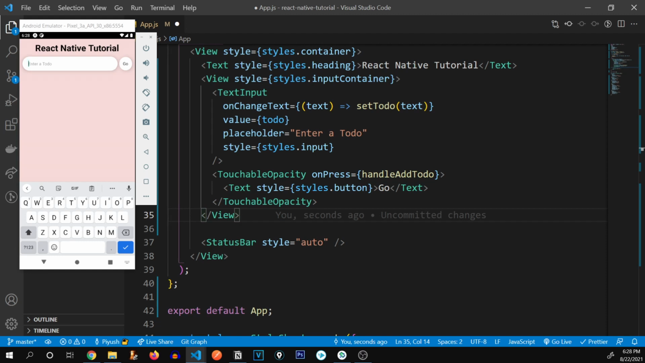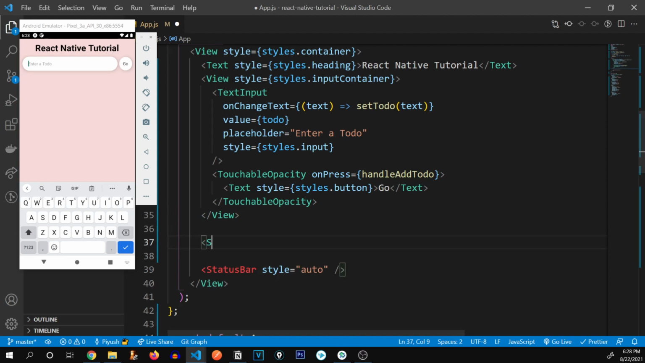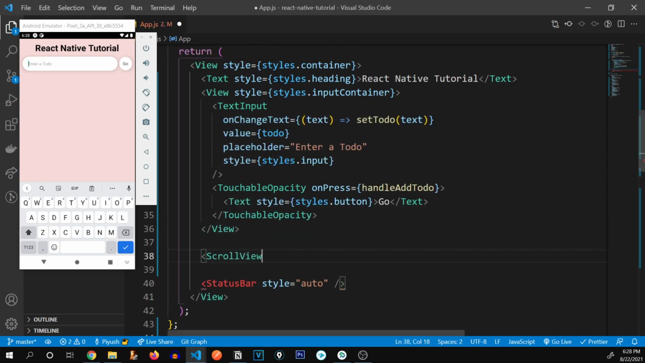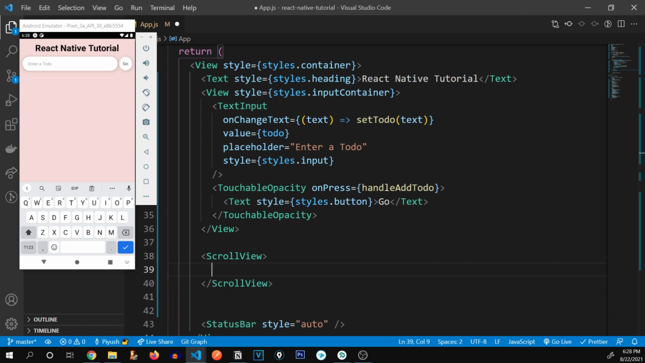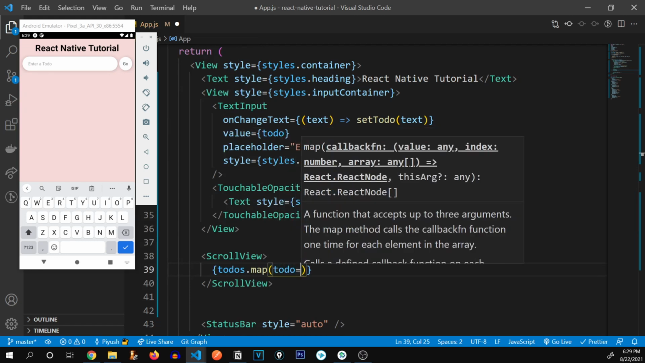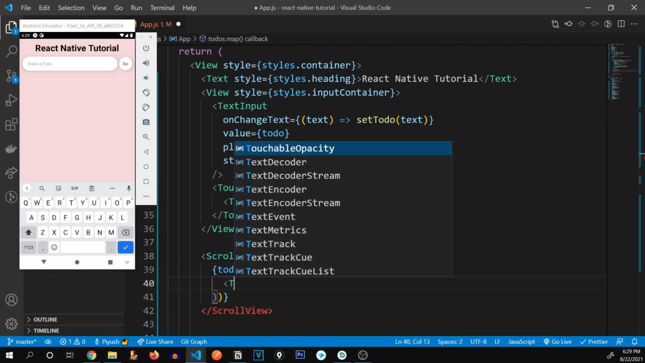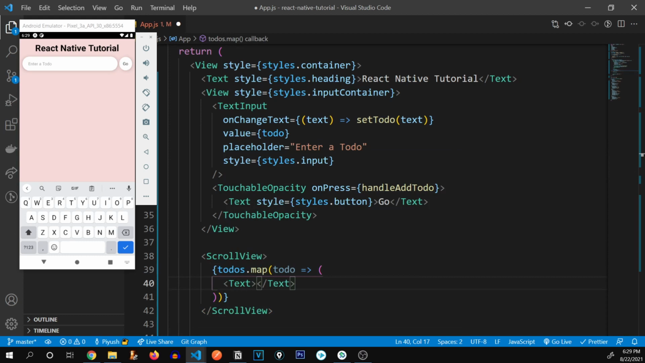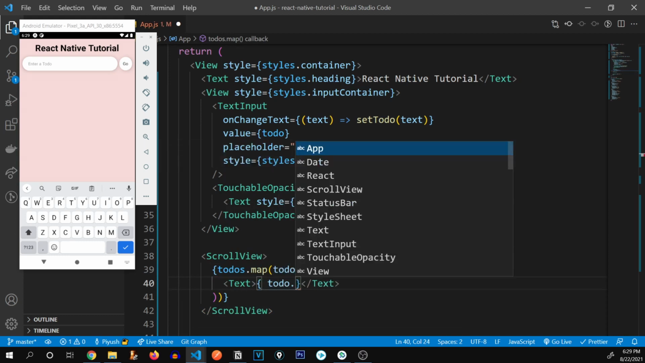So let's go ahead and use the map function first. So I'm gonna say ScrollView. ScrollView is used whenever we are rendering lists with the help of map, usually. So todos.map(todo), and we're gonna render a Text simply for now. Later we're gonna go ahead and style this. So todo.text,